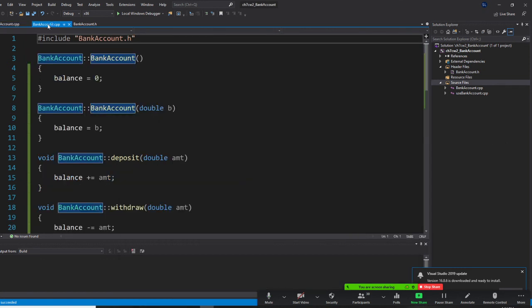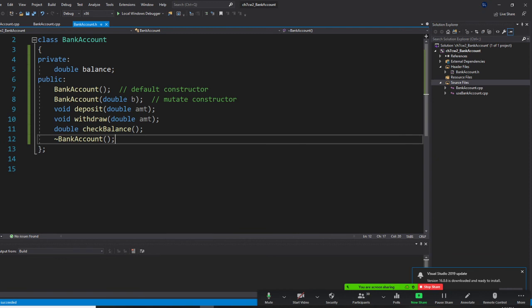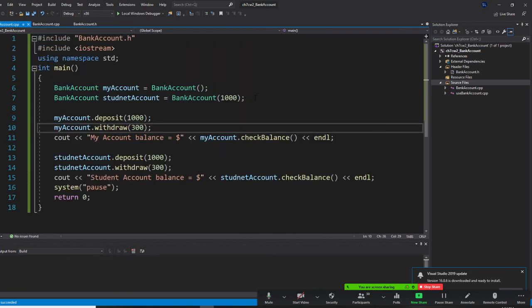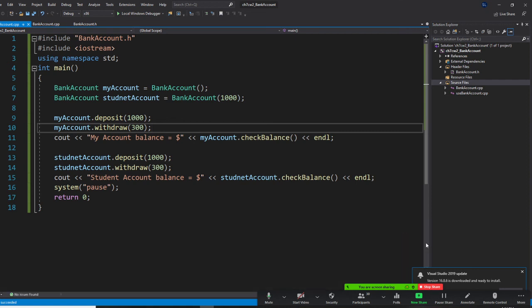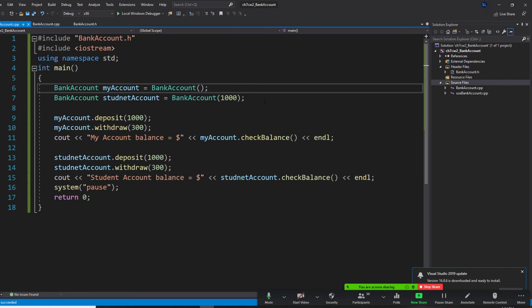Because bank account tells you that. Bank account tells you this. You can start with some value here. Then I start with $1,000. So this is called a default constructor. This is called a mutator constructor. You start with a value. Then when you use your function, only